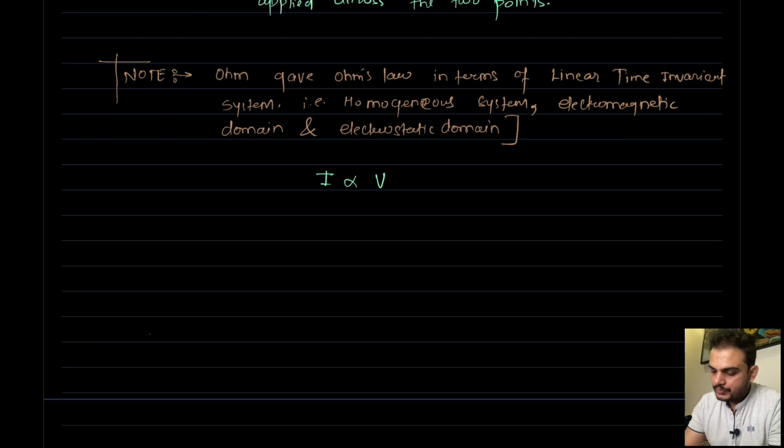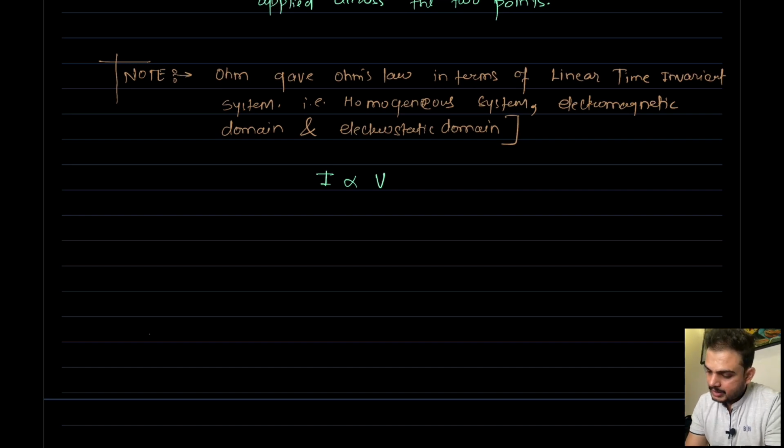Okay, now we know that every conductor has a physical, intrinsic property which will oppose the flow of current, or the flow of charges. That property is called what? Resistance. If my resistance is more, then my current will be less. If my resistance is less, my current will be more. So my current and resistance are what? Inversely proportional to each other.